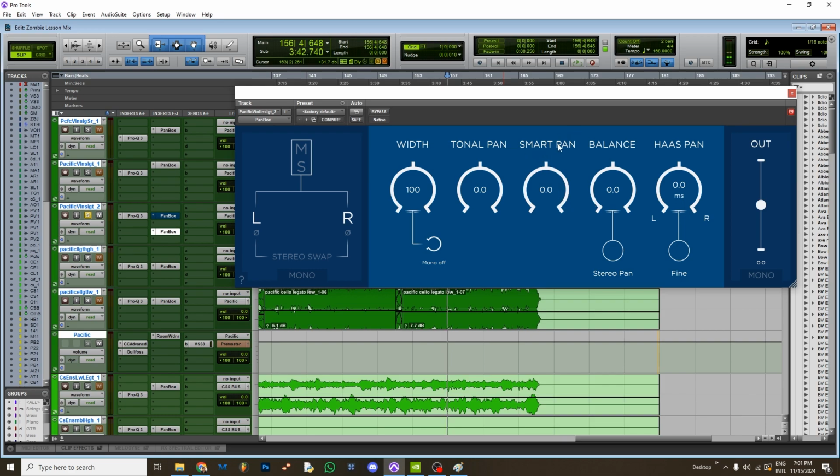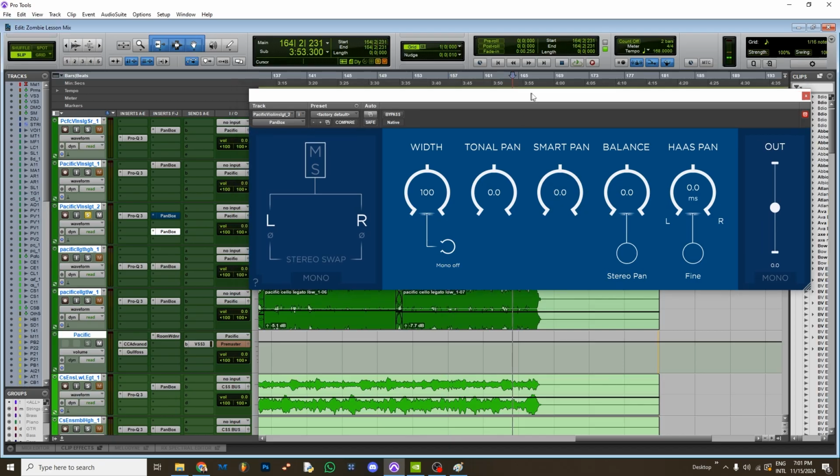But Smart Pan also has a bit of a better algorithm, I would say. I mean, not better, because it depends. Sometimes this is better, but it feels a bit more natural on most sources, because it uses mid-side and other stuff as well. Now, this is already more realistic. So if we just compare,